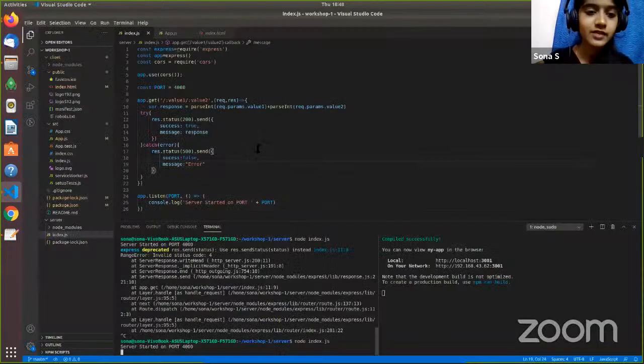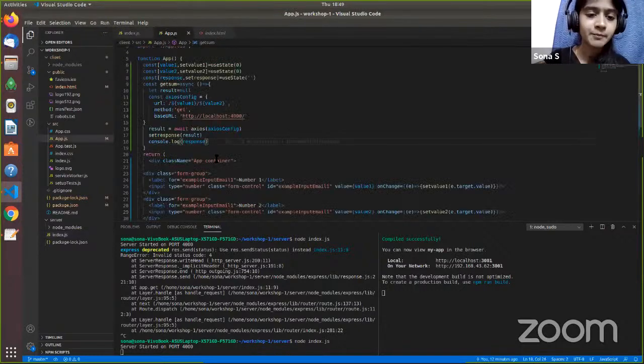And similarly, we can add lots of APIs for put, and put is mainly used for some updation thing, and post is used for some creation thing, and we have to use those HTTP methods wisely. And we can also use the get HTTP method for creation, but it's not a wise thing to do. And coming back to here,